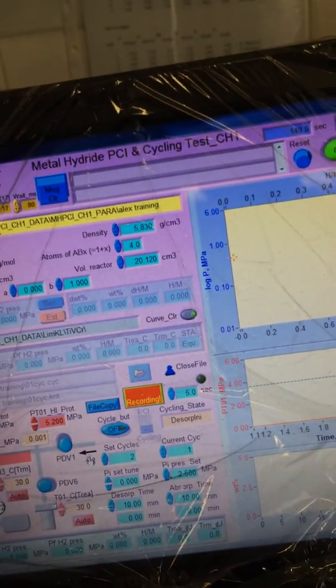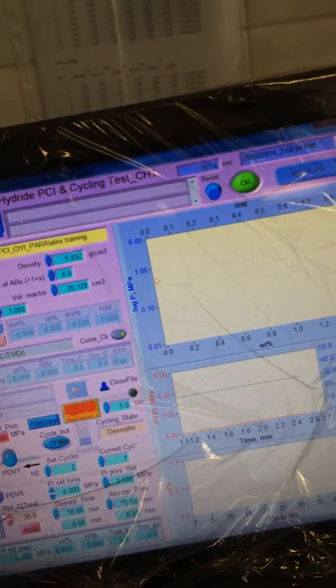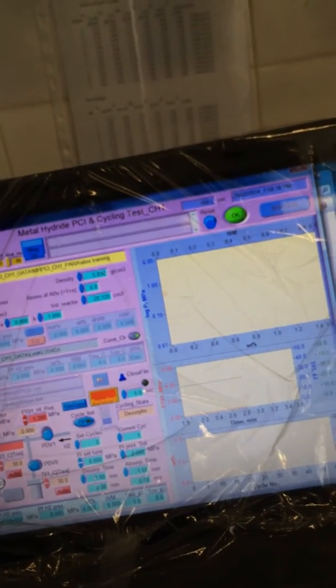Enter. So we have number of cycles, the pressure set for cutting the gas inlet, desorption time, and absorption time set. So next, let's say you don't have to do 10 minutes, it's very long. Let's say you just do it for 1 minute, and desorption for 1 minute as well, just for test. So for the cycle test,